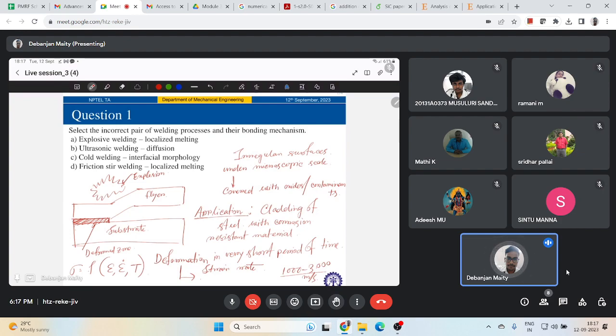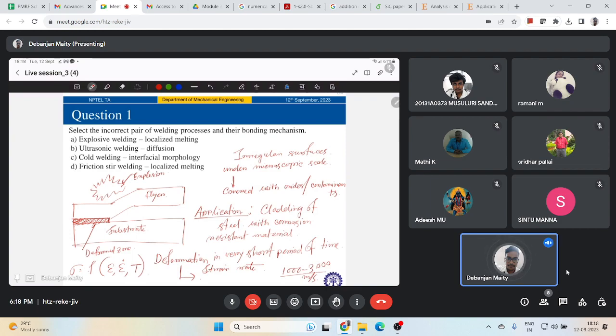And you can vary your collision angle between 5 to 20 degrees. These are some general process parameters people use in explosive welding. And here the impact must be sufficiently high to cause the colliding metal surfaces to flow, like hydrodynamic flow, when they intimately contact each other, right? Now here,